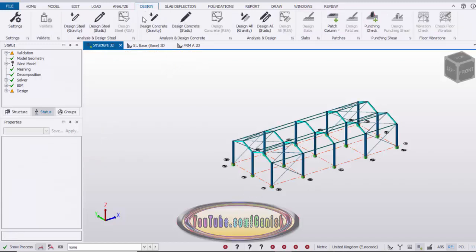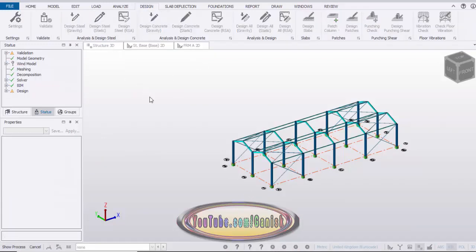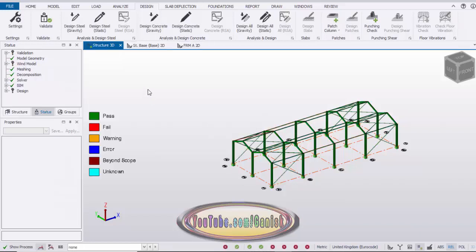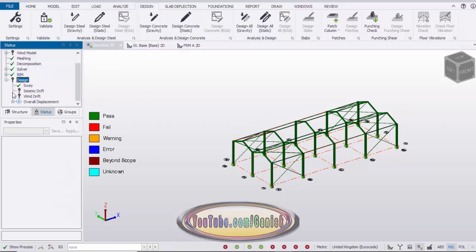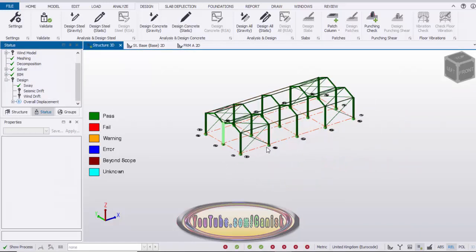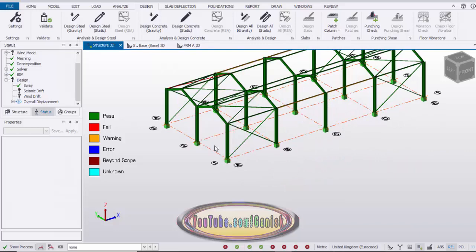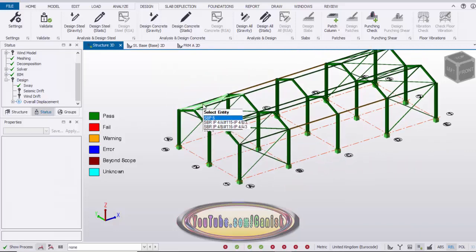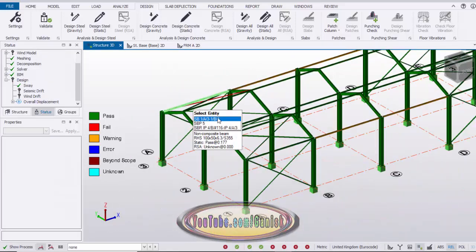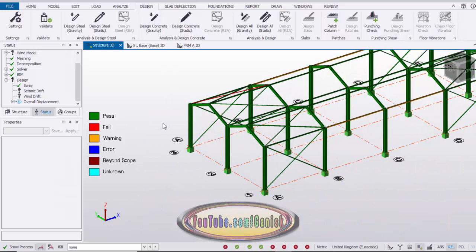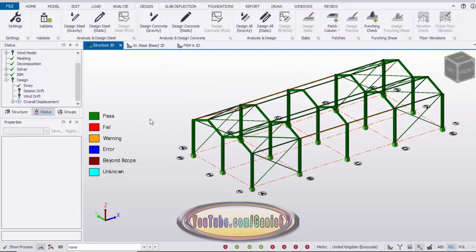Now go to design and click on this design style to run the design of this structure. You can see now there is no issue with the sway of this structure. Okay, all columns and rafters and braces are qualified. We have an issue with this one brace. So before that we are going to change the column size. Still we have the ratio of this column 0.5. You can reduce the column size.